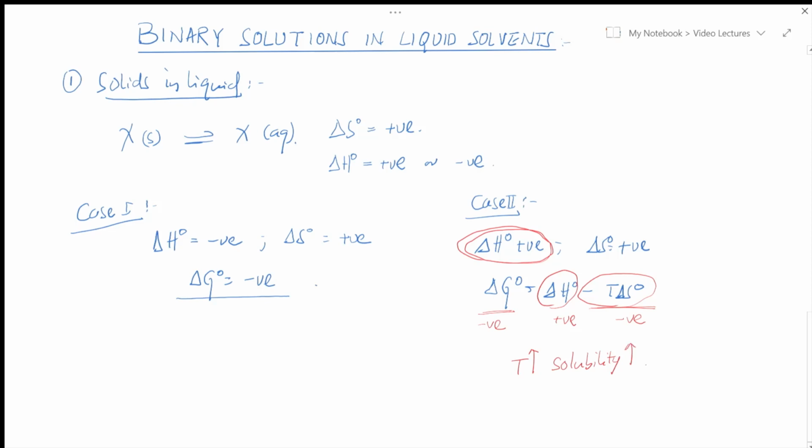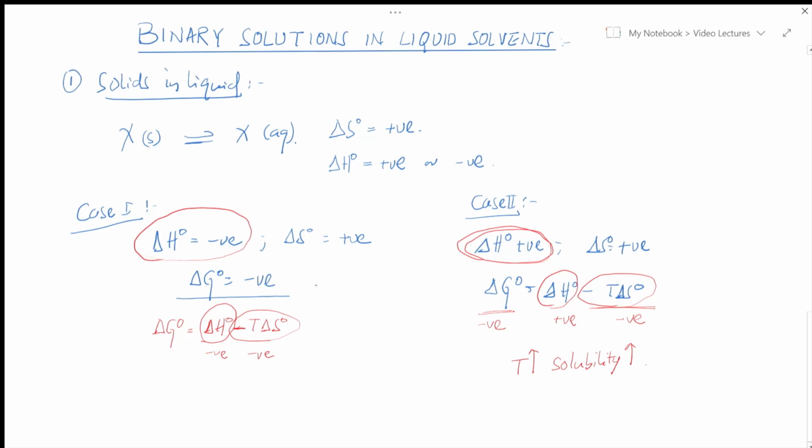Now, if it's an exothermic change, as in the case of case 1, then we get two different pictures from an assessment of the equilibrium constant and when you take the general expression of delta G naught into account. Now, the general expression of delta G naught gives you the second term as negative and the first term delta H naught as negative as well. And when you increase temperature, the second term seemingly becomes more and more negative, which should make this entire process more spontaneous. However, if you consider the